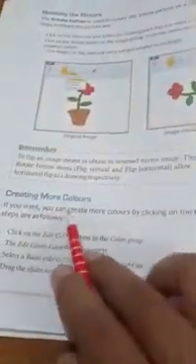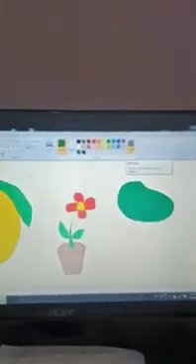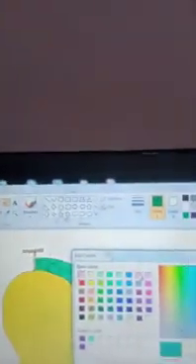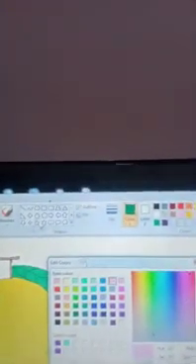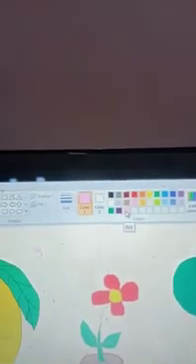Okay, so today I showed you how we can create more colors in the Edit Colors group, and how to use the View tab for zoom in, zoom out, 100% and full screen view. Okay students, I think all of you understand. Once again I will show you how we edit the colors. You have to click on the Edit Colors button, and then select the color you want. If you want a lighter shade or gray, whatever shade, then you have to move the slider and then click on the OK button. That color will appear. Okay, that is very easy.